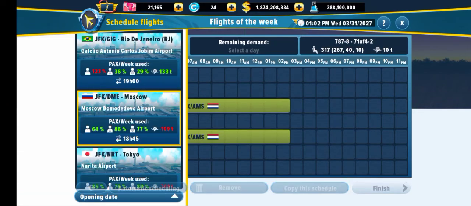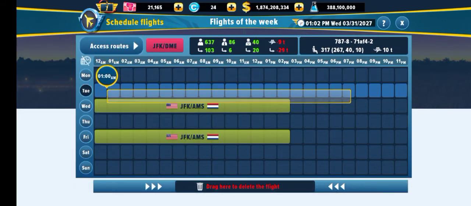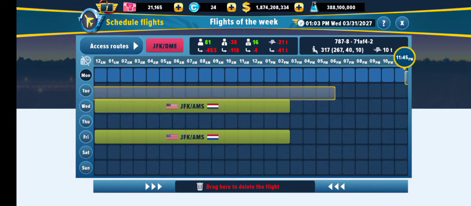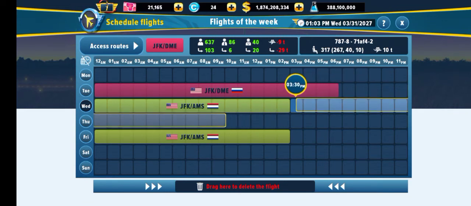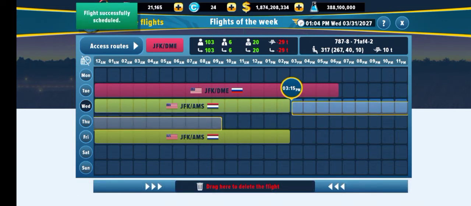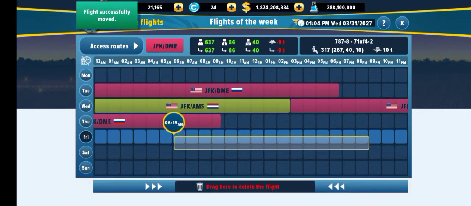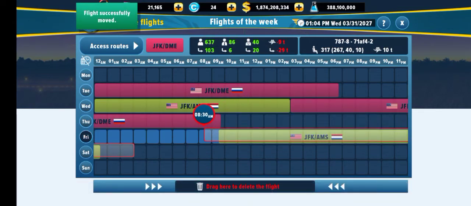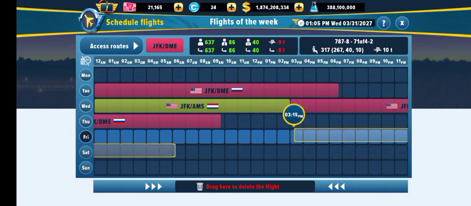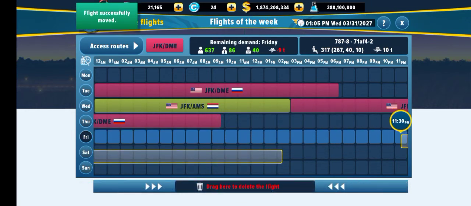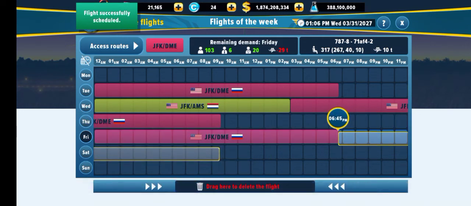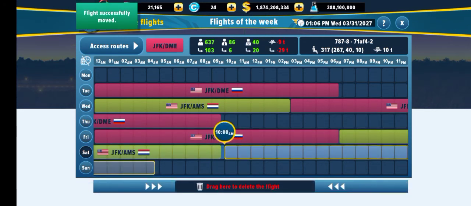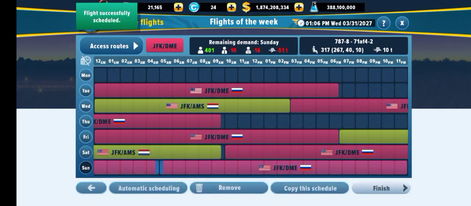Now let's try Moscow again. As you can see, I can easily fill up this aircraft on Tuesday, whereas I could not if I had not changed the configuration of this aircraft. Now, if your aircraft's configuration is all economy or all business,